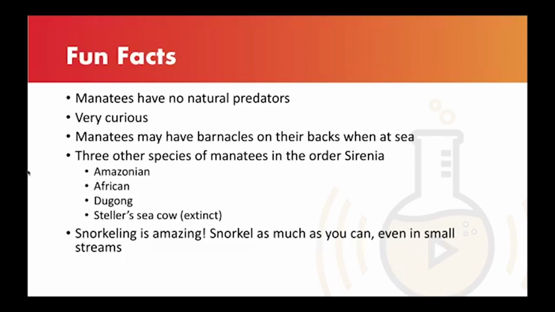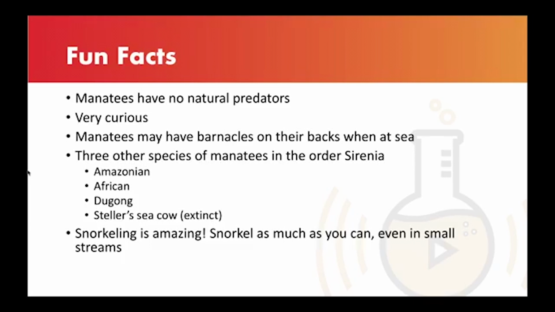I think it became extinct in the 1500s, 1600s. It lived up in the Bering Sea in between Alaska and Russia. And those were massive. Those were twice as big as the Florida manatees that we have here. They could get up to 25 to 30 feet long, but unfortunately explorers resulted in them becoming extinct, killing them for their blubber or for their meat and whatnot. So no more Steller sea cows, unfortunately.